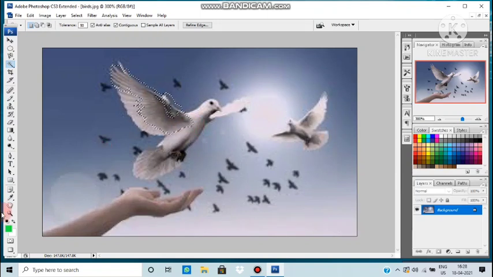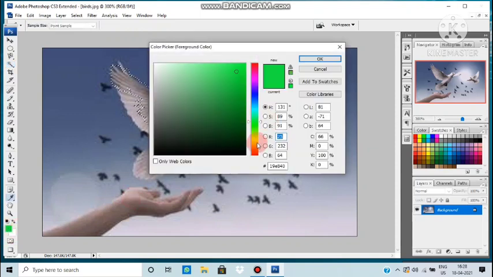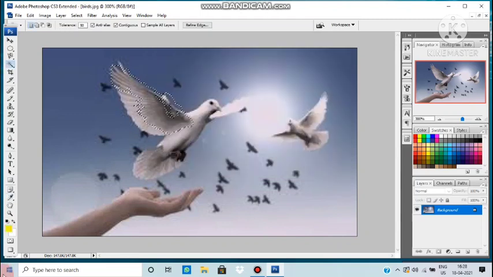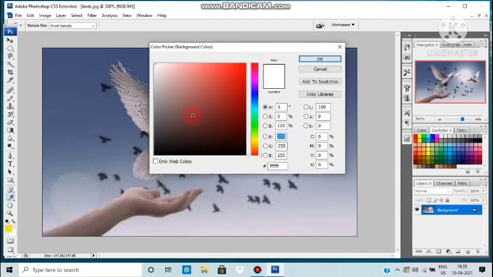For this, now choose two different colors in foreground and background. Suppose in foreground we have this orange or a little bit lighter shade of yellow, and in background select some shade of red. It's very dark. This one is okay.